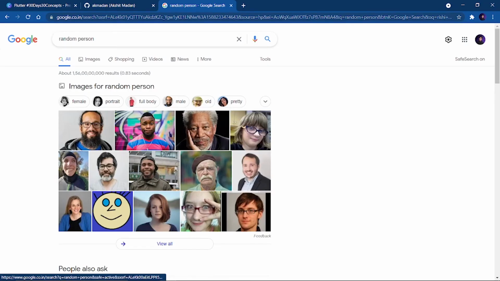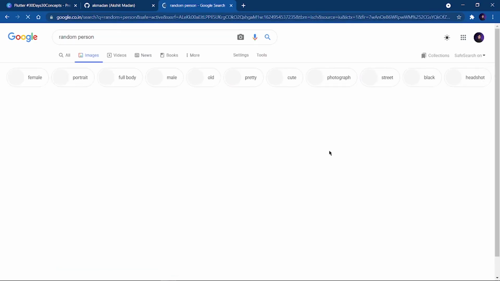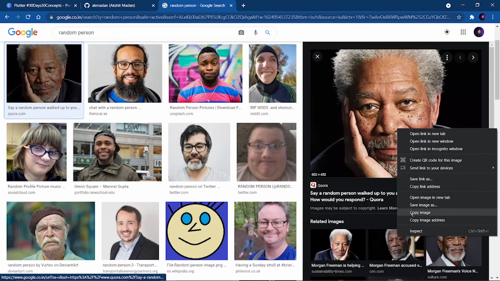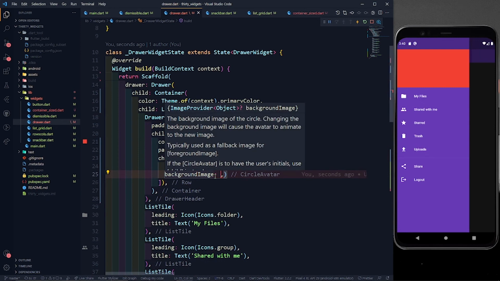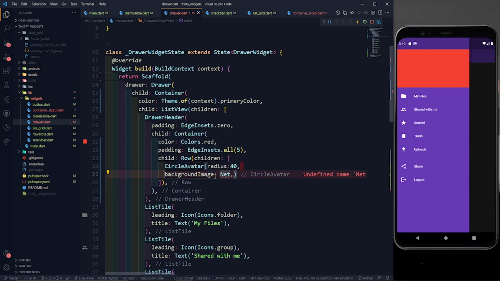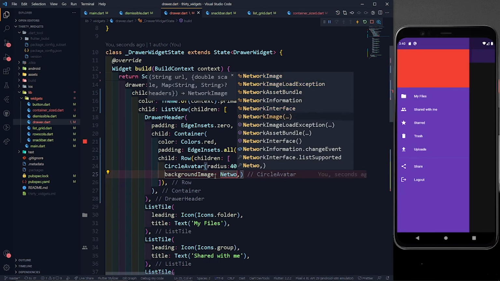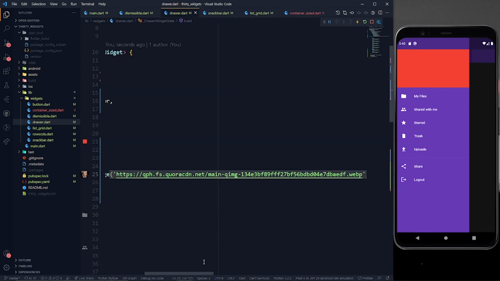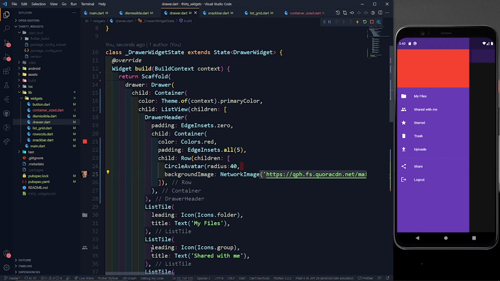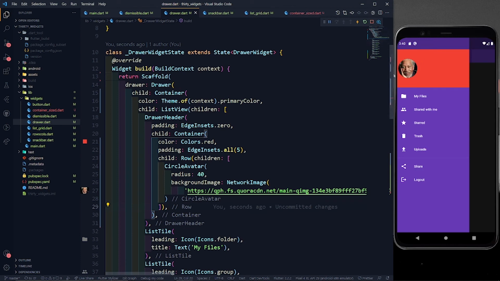Let's copy the image address, and I'll define a NetworkImage for this background image, and the NetworkImage will take a URL in string format. Paste it. Perfect.